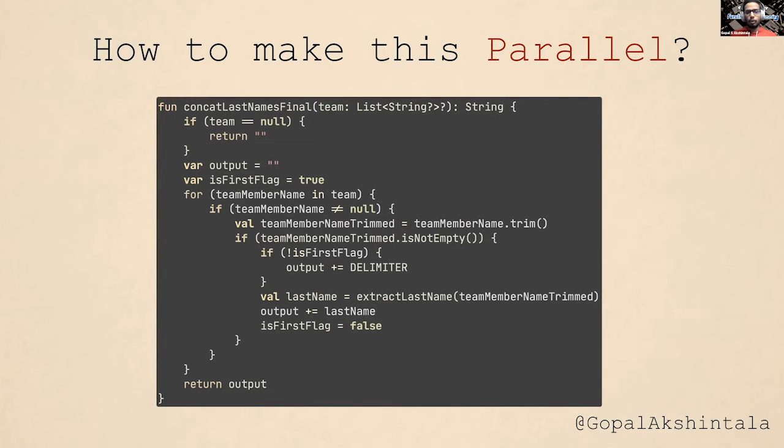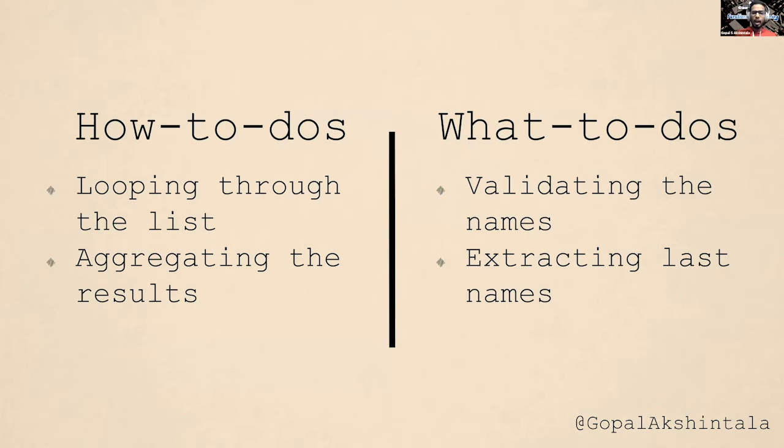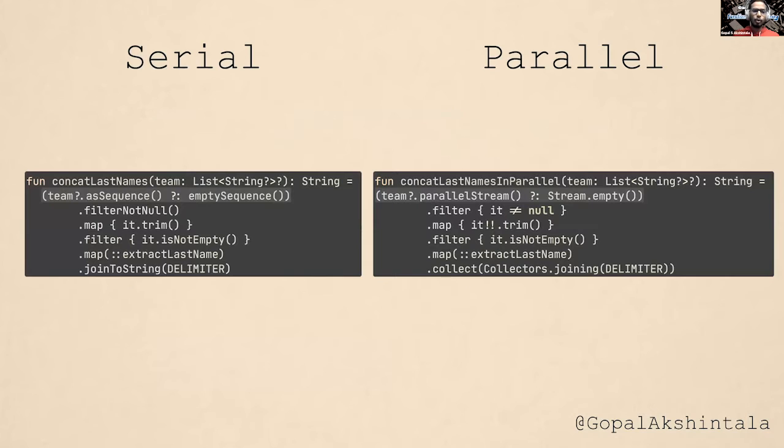But with the declarative code, the problem is the how-to's and what-to's. There are two how-to's in here: the looping through the list and aggregating results are how-to's, and what-to's are validating and extracting, right? The problem is the imperative code has both of them merged together. And that's the problem: now that one of the how-to's, looping, has changed to parallel, everything needs to be rewritten. But the declarative code is pretty simple. All I'm going to do is convert this sequence to a parallel stream or whatever is synonymous in your language